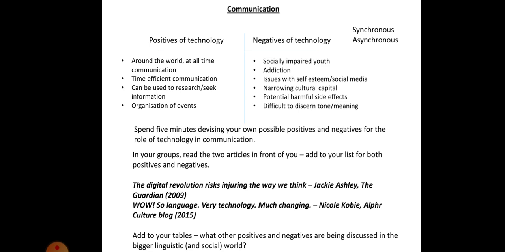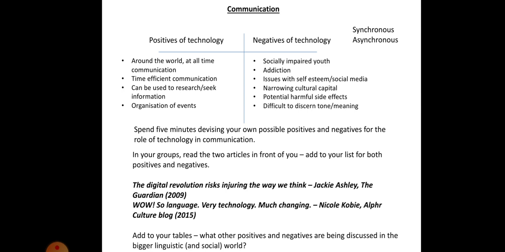You can use technology to research and seek information, so that might be by going to forums or websites. And I've always said, the organisation of events has got a lot easier. So on Facebook, you might set up an event and invite lots of people, or on WhatsApp, you'll set up a group and invite lots of people. So it makes those things quite straightforward. However,